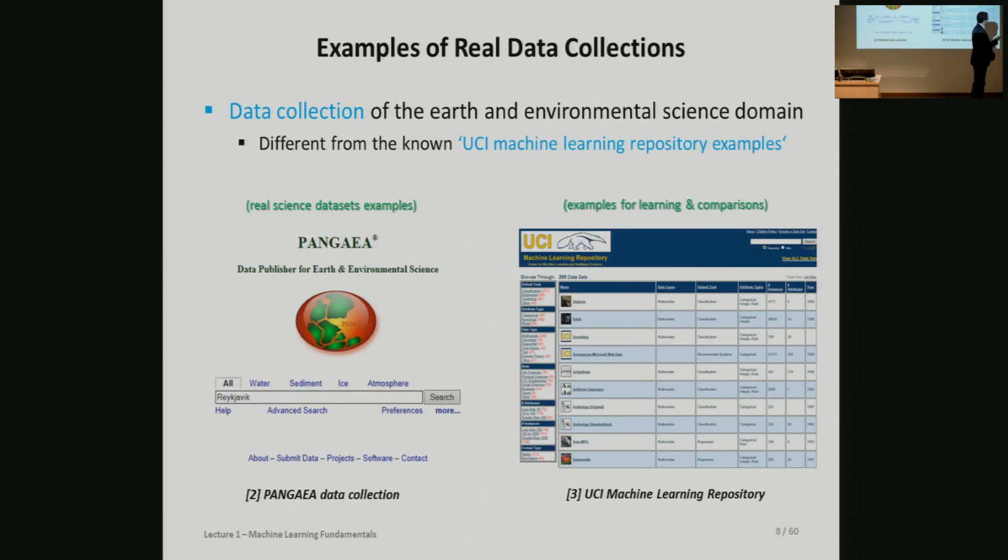So here's an example just for you to maybe have a look at in the break if you have time, of what application specific really means in a certain sense of data analysis. This is the Pangaea data collection, an open data collection that is publicly available for every one of you with real scientific data sets. So if you're really interested in working in, for instance, earth science, this is a very interesting data archive to study. And when you look a little bit through all the records, which we can't now because we don't have the time, you will see how complex this subject is.